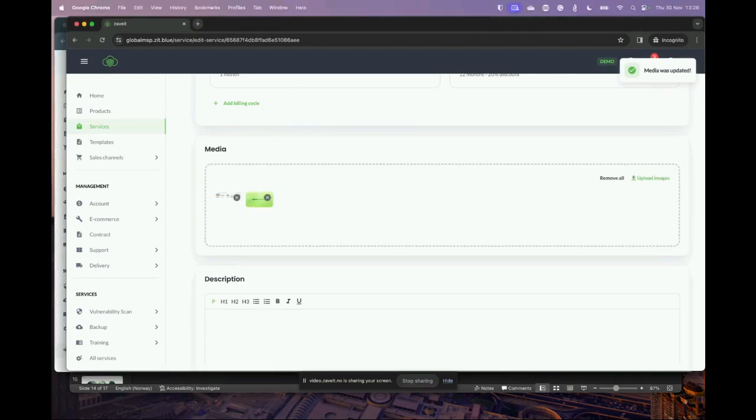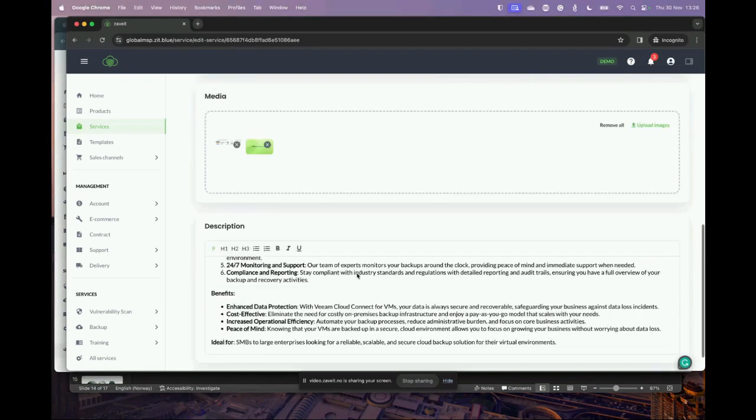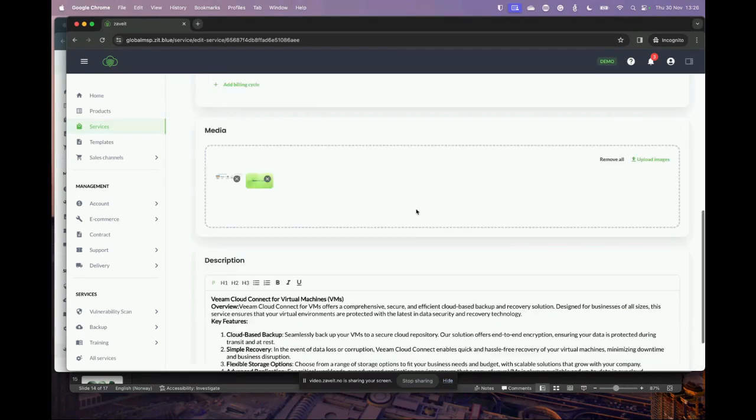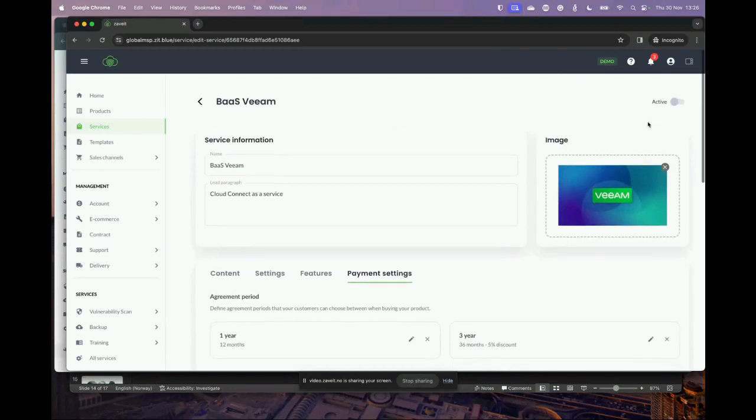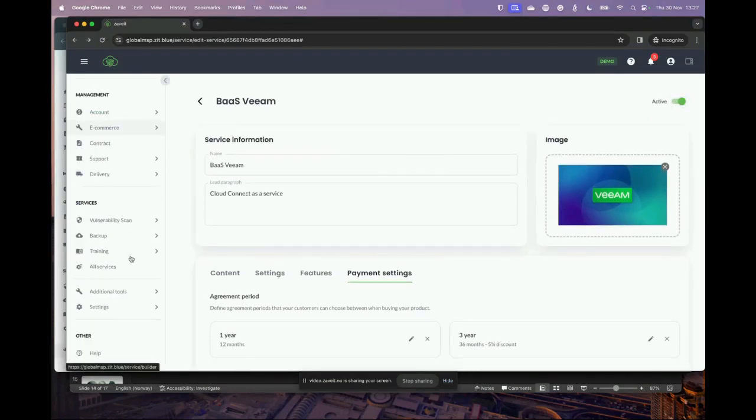I'm adding in more media. And then, of course, I'm adding in as well a service description. So when the customers go to your marketplace, they actually see some information about that service. Then I save it and I activate it, and it's now ready for my customers. So that's all you need to do to present that service.